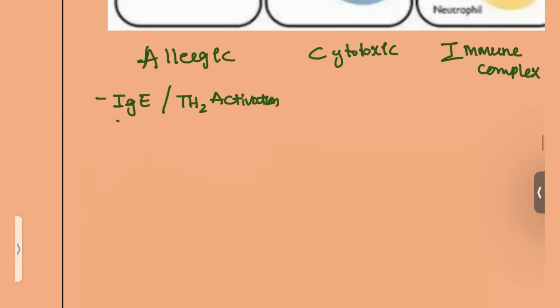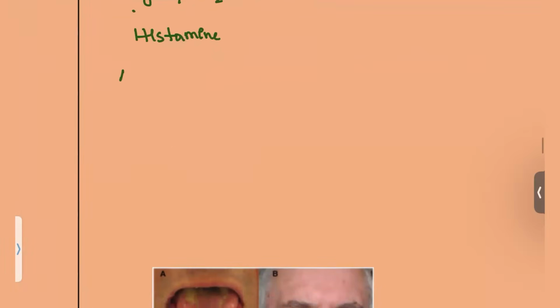Immediately after the second exposure, what happens? There will be again an increase of the histamines from the cells. This degranulation from the mast cells and eosinophils will increase the histamine and cause further damage to the epithelial cells. What are the examples? For example, atopy, asthma, and eczema, right? Rhinitis, hay fever,